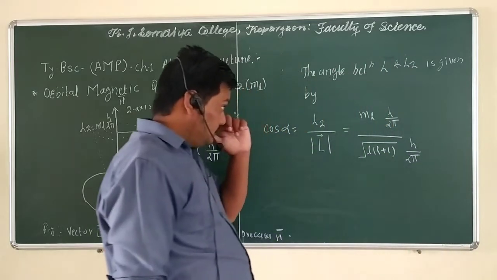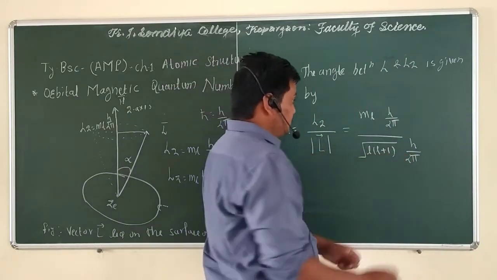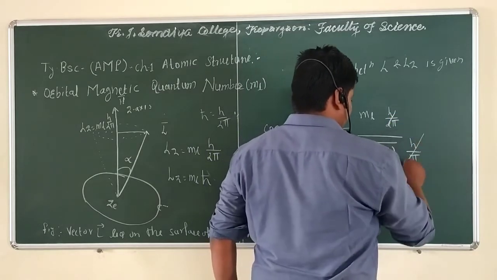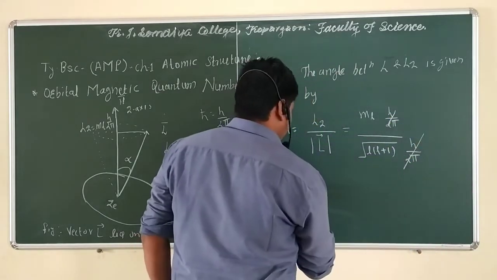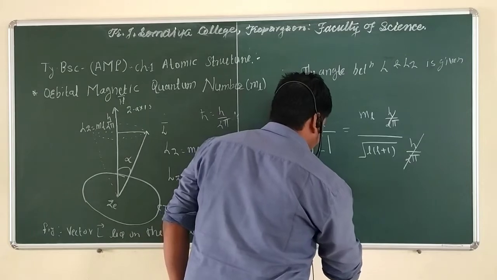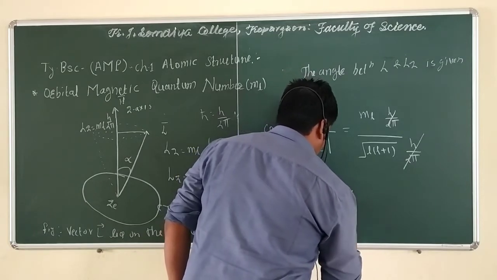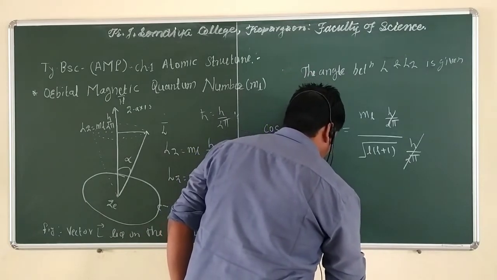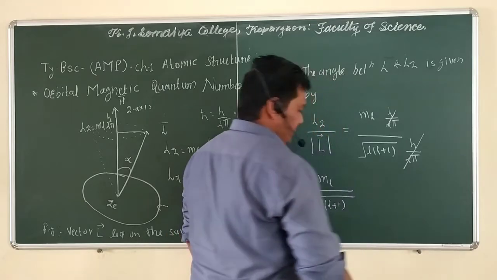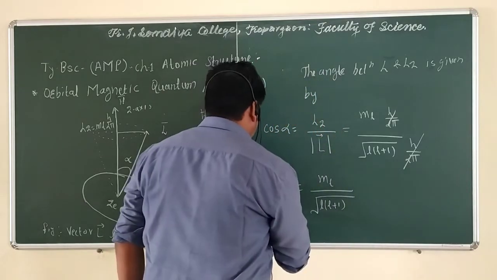So this h upon 2 pi and this h upon 2 pi get cancelled. So the remaining factor is ml upon under root of l into l plus 1. So this is the angle between the